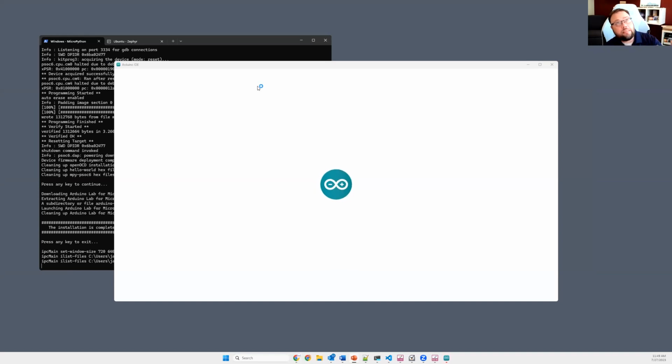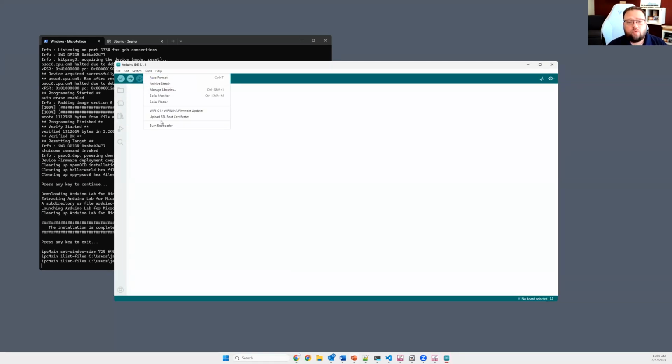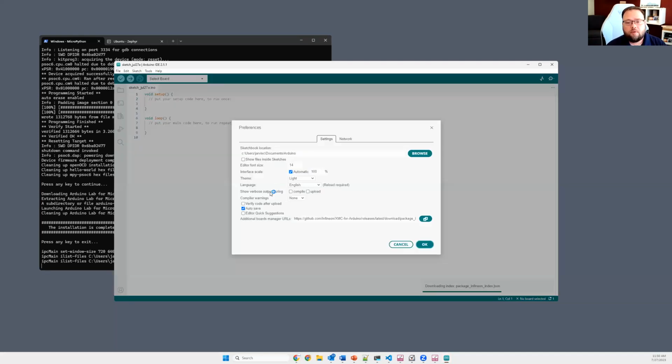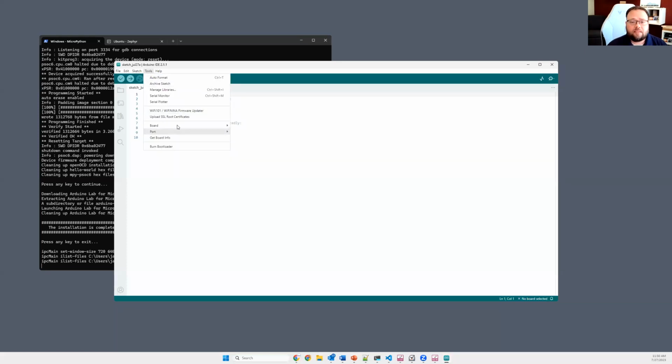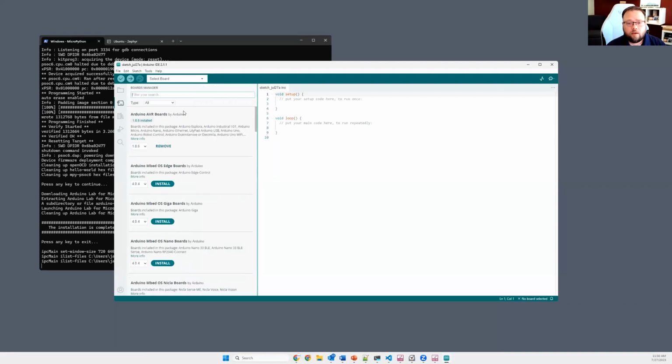So following the details inside of that web page, the details in terms of the prerequisites and the setup, what it's going to guide you through is going in, underneath preferences, and specifying an additional URL for the board manager. We can see that I've already got that URL pasted in. And what that's going to allow is, if I go to the board manager itself and I filter on Infineon,